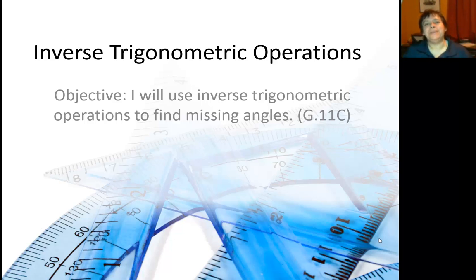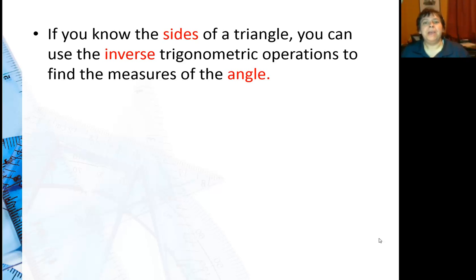And you're going to be learning about going backwards. Basically, instead of saying sine of an angle is this ratio, now we're going to say inverse sine of this ratio is this angle. And that's going backwards. So if you know the sides of a triangle, you can use the inverse trigonometric operations to find the measures